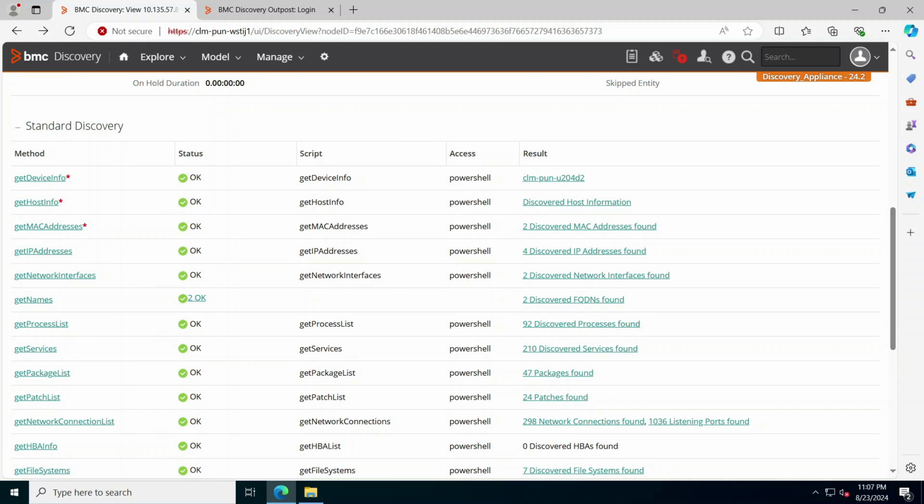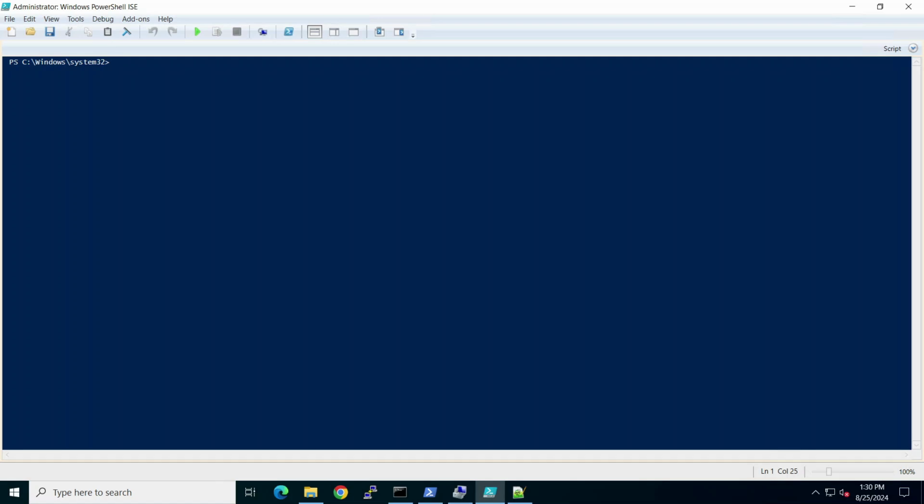For the next demo, we are going to work on creating a PowerShell JEA type of user account and enable JEA permissions with some specific cmdlets that Discovery is going to execute. I am now logged into a Windows Server 2022, and I have opened PowerShell ISE with administrator privileges. We are now going to perform a few steps which will create a certain capability file, and it will also define which specific user will have access to what we are going to define in this